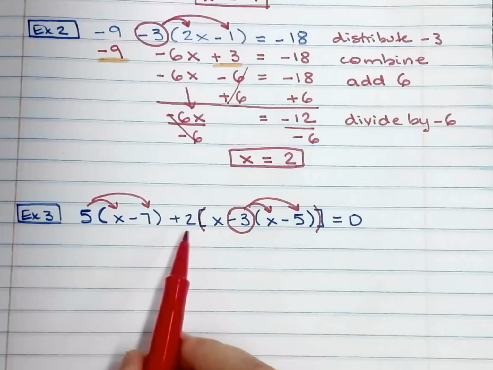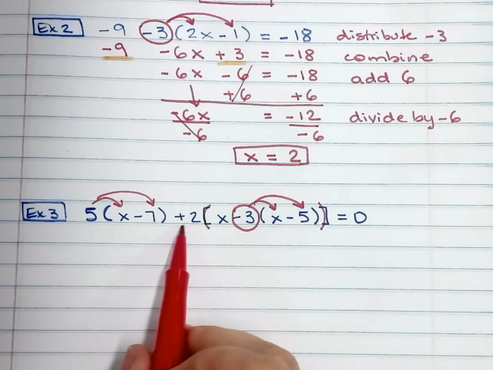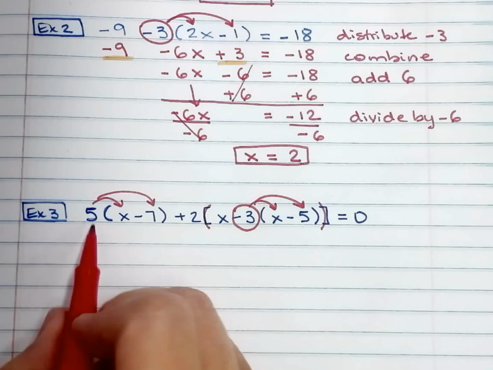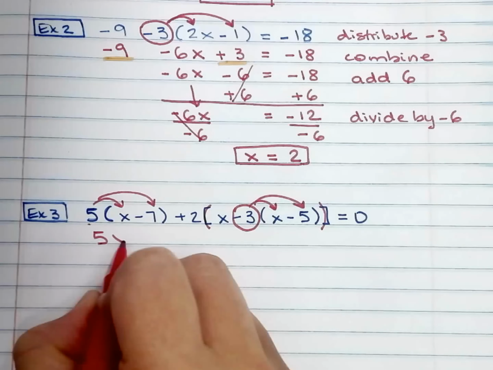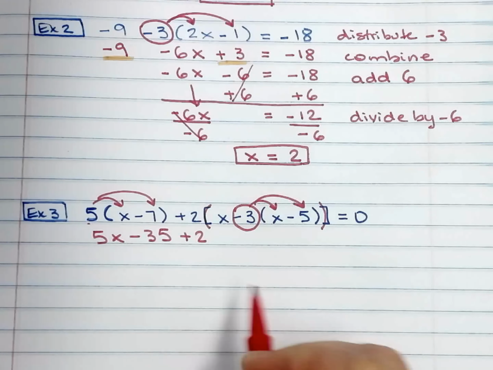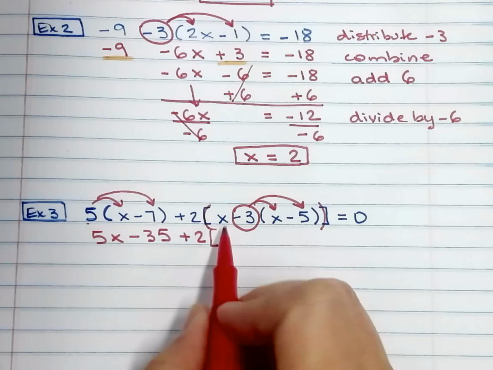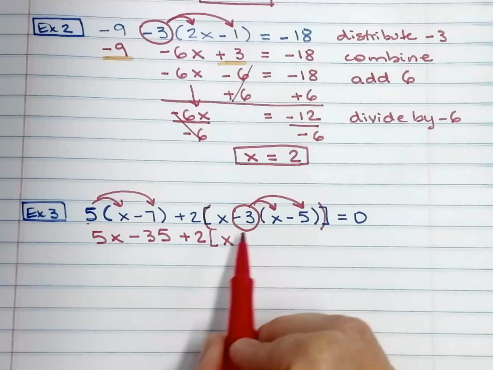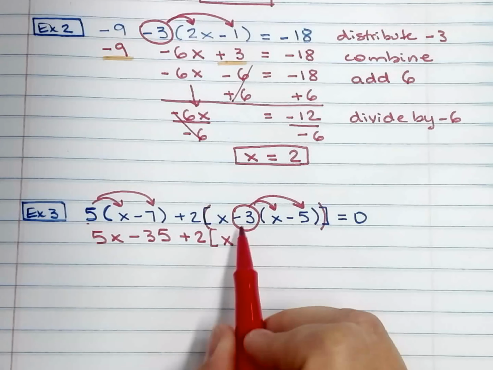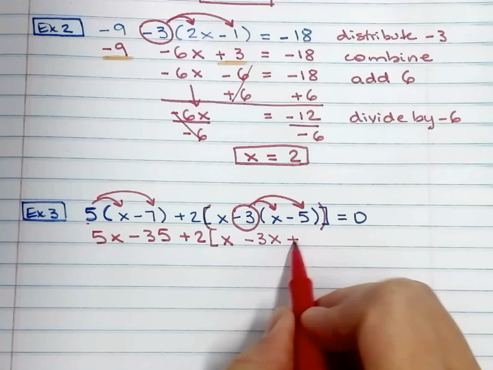So when you are not sure, just don't deal with it. It will get to the point that you will know exactly what to do with it. So if you're in doubt, just bring it down. So multiply 5x minus 35. So I didn't do anything with the 2 because I chose to do that. X, you're not doing anything with that either. So you're distributing -3. So -3x, multiply right there. I have 15